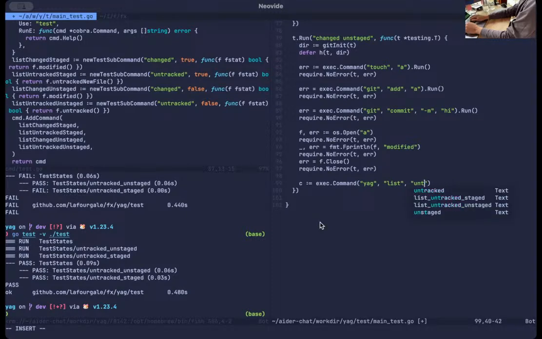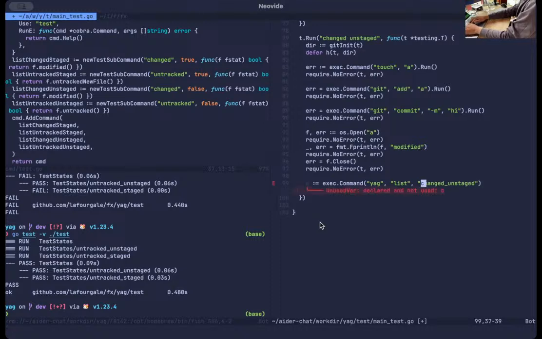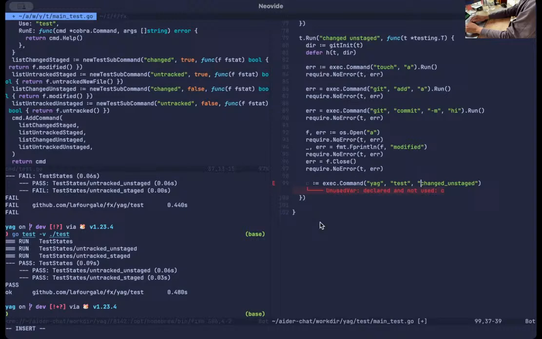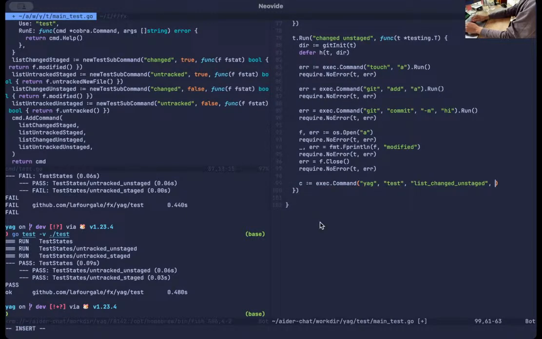It's not untracked, unstaged, changed, unstaged. Let's change on stage for